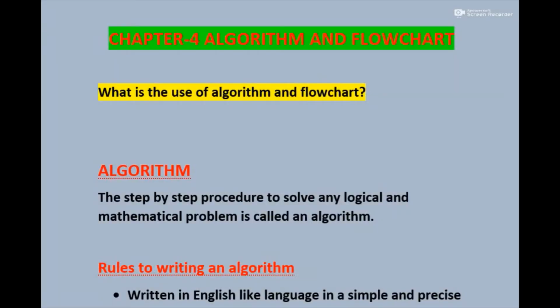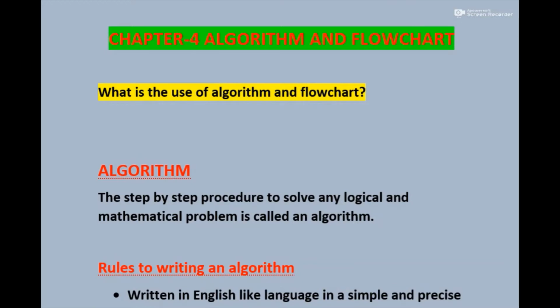Hello class 8th. Through this video, I am going to explain chapter number 4, that is algorithm and flowchart. Okay, so let's start. So the first question that is appearing on the screen is, what is the use of